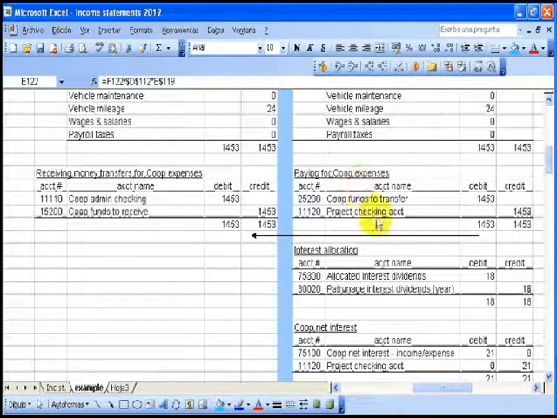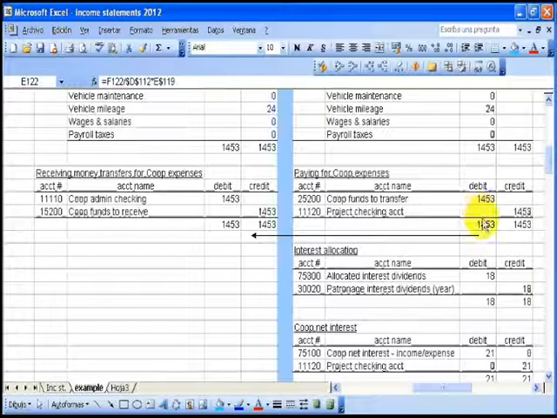And then as we come down, we'll see that now the co-op expenses are being paid for out of the project's checking accounts. So these are all going to be accounts in the chart of accounts in the bookkeeping system for the multi-project cooperative. So you see that this $1,453